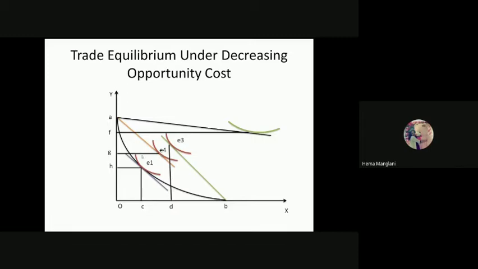But this point is also a parallel shift. Okay, this is not a shift somewhere here or somewhere here. So a parallel shift is also indicating they would like to consume more of Y. So both of the goods, you can see, yes, definitely they would like to consume more. So at this position, when we are getting this parallel line, they shifted on this. And the shift from E1 to E4 point is giving you what? A higher consumption of both of the commodities.